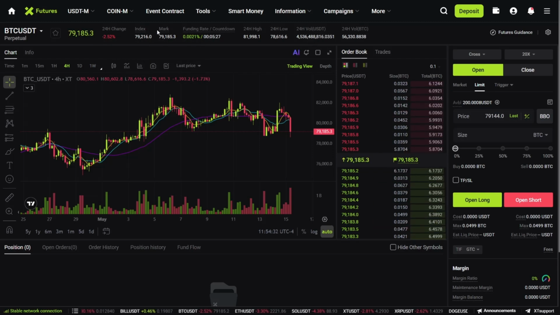The index price is the average price of Bitcoin across multiple major exchanges. So instead of only using XT's price, it looks at prices from different markets to get a more overall accurate price. The mark price is the price XT uses to calculate things like unrealized profit and loss, and most importantly, your liquidation price. The reason exchanges use mark price is to help protect traders from sudden price spikes or wicks